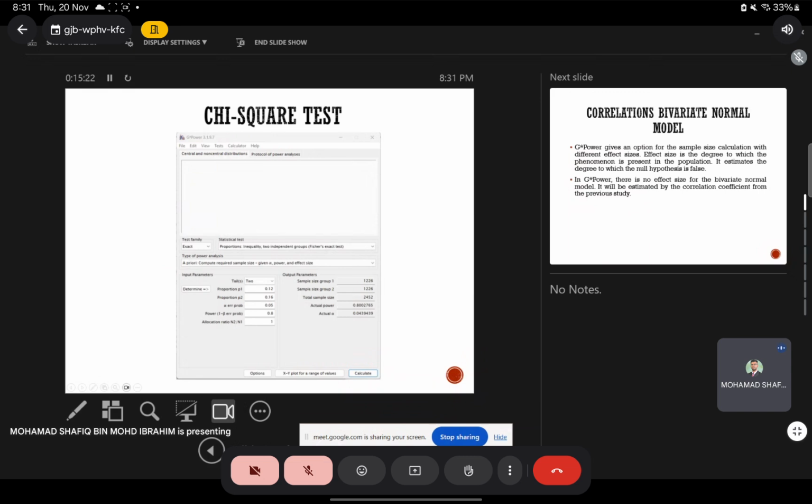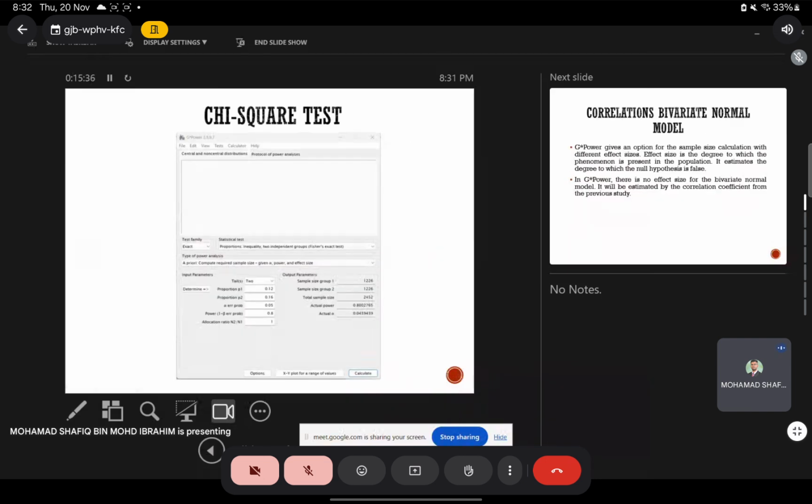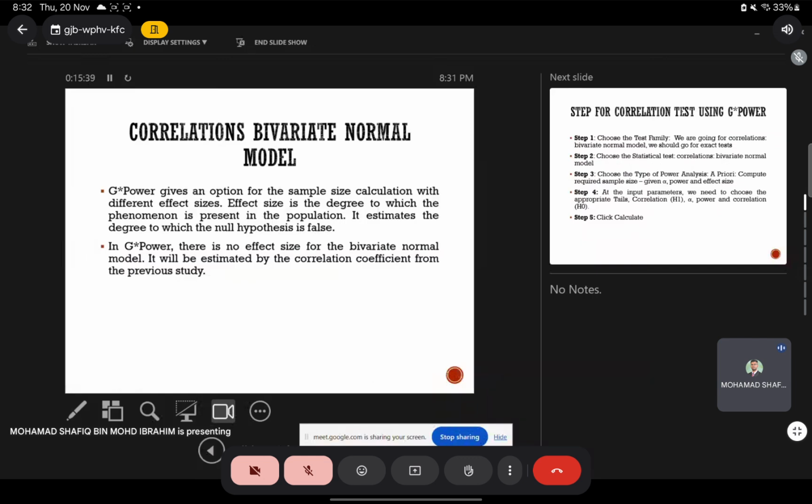So at least now per group you need 1,226, with the total sample size of 2,452. Okay, so that will be for the chi-square test. But now let's say if you want to do correlation, correlation basically is